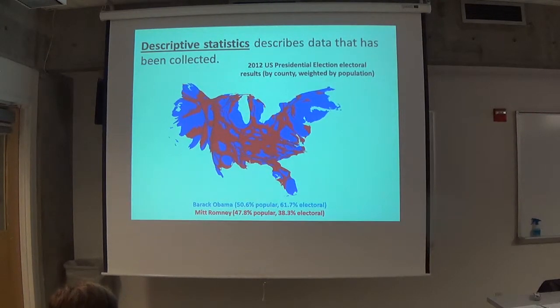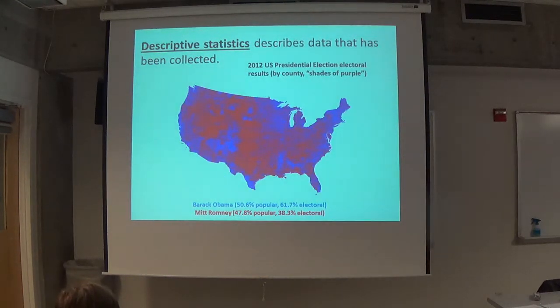But this might not even tell the whole story. One of the problems people have with the Electoral College is that it's all or none, and you lose the gray between, or in this case, the purple. So here's one way of looking at it. Split the counties by percentage conservative, percentage liberal. So the more blue-purplish, the more liberal; the more red-purplish, the more conservative. But again, it gets a little hard to look at.